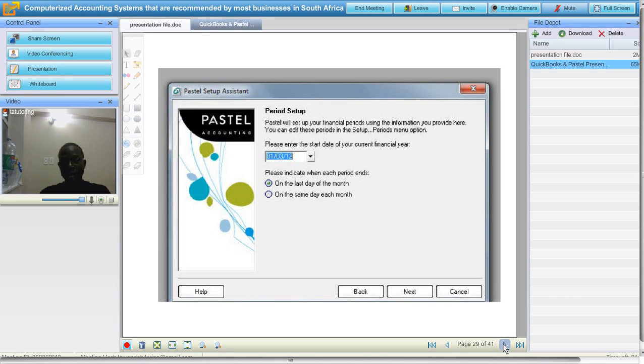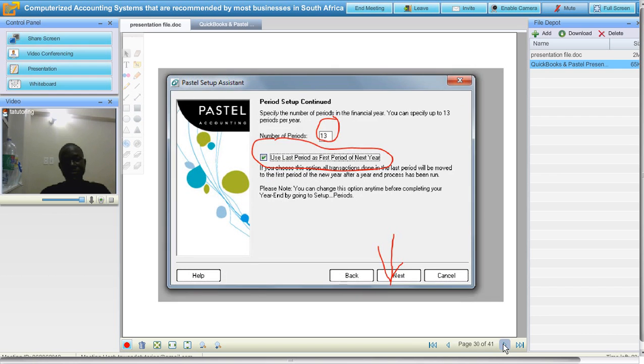So now, tax filing service, I'm creating another company, Pastel for tax filing service. I've chosen the 1st of March. Why did I do that? I did want you guys to have an idea that companies are not only started on the 1st of January. That's why I've changed it, so that you can have an idea that you can start a company on the 1st of March, not necessarily on the 1st of January all the time. So if you choose that, then you select the period ends on the last day of the month. Then you click next.